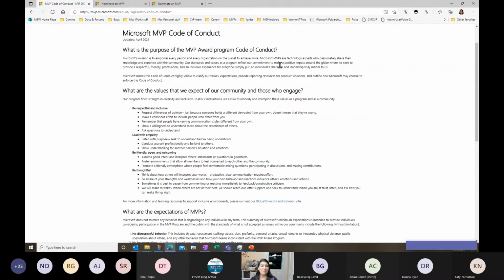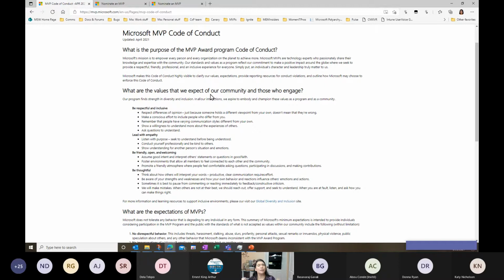Age is a part of it. A lot of MVPs have been around for a very long time, which we love, but we also want to be bringing new blood into the program here. So diversity is definitely something that we care about a lot, and things that the MVP program itself is really working to promote in various ways. And as I'll show you here, we have some blogs, and we do some things like what we call an inclusivity bee, where we talk about accessibility as another thing.